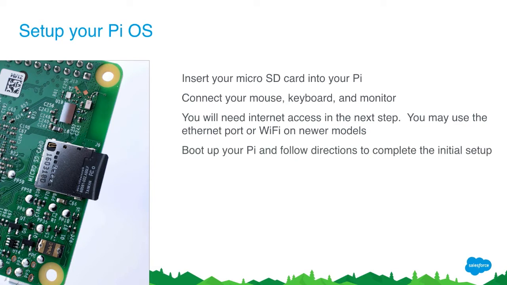So you boot up your Pi, complete any of the initial setup directions. One thing we should mention, if you do buy a kit, or for the winner of today's kit, often those SD cards will come already loaded with the OS. So you don't have to download anything. All you have to do is boot it up. It will often give you a choice of a number of different operating systems that you can install. So it gives you some additional options to move forward with.